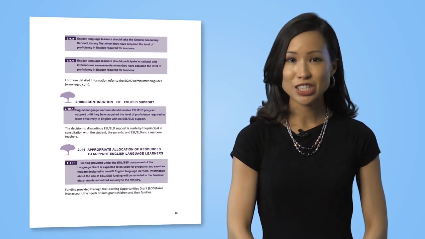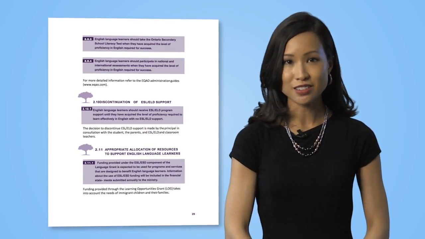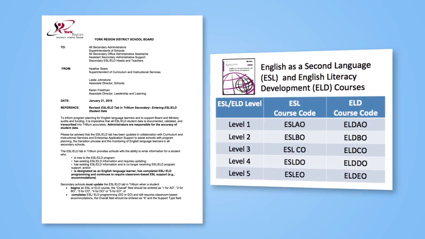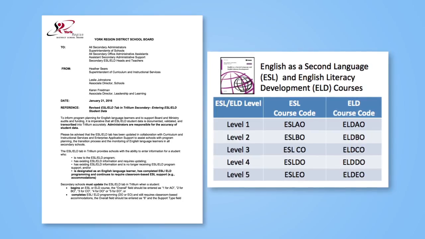The decision to discontinue program support for an English language learner is made by the principal in consultation with the student, parents, and ESL/ELD and classroom teachers. To support this process, and as well as to maintain accurate ESL data, ESL/ELD teachers will provide information at the end of each semester for updates to the Trillium tab regarding the ESL level of all students enrolled in an ESL/ELD course, levels 1 to 5, including students who have completed ESL/ELD programming but still require accommodations, referred to as